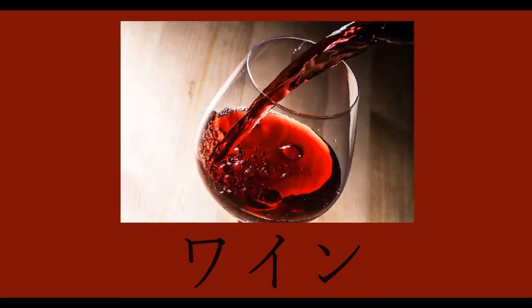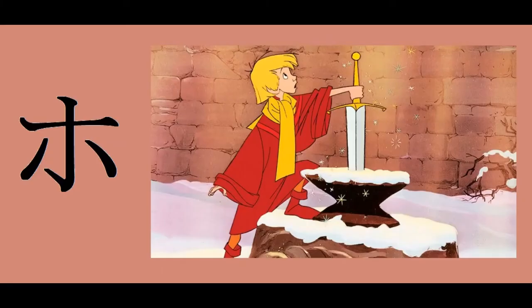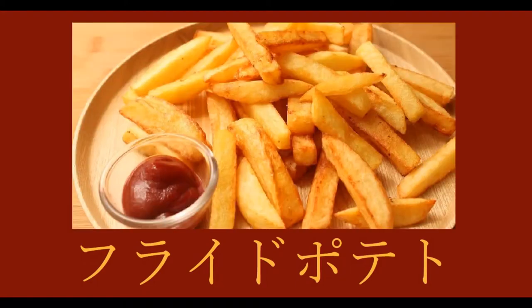ワイン。Here we can see Arthur holding the holy sword in the stone. This kana is ho. Some words in katakana can be really long because they combine multiple words, like the following. フライドポテト。